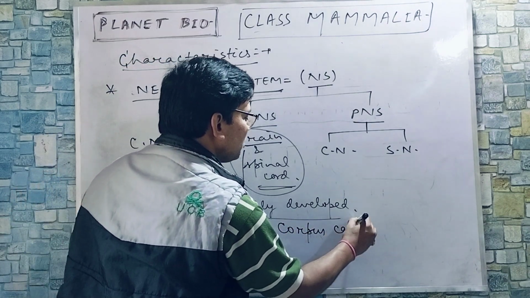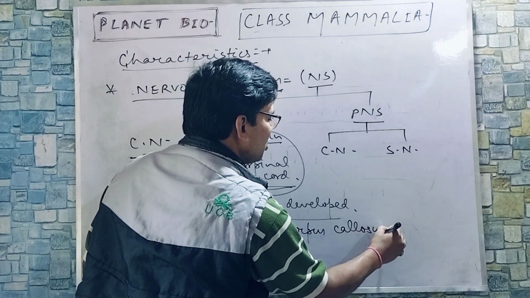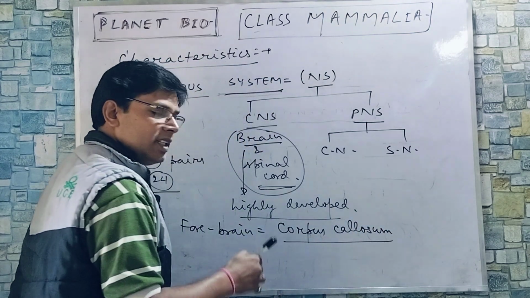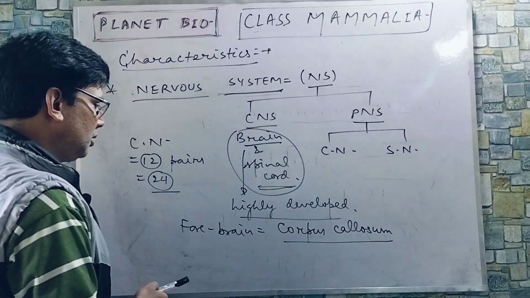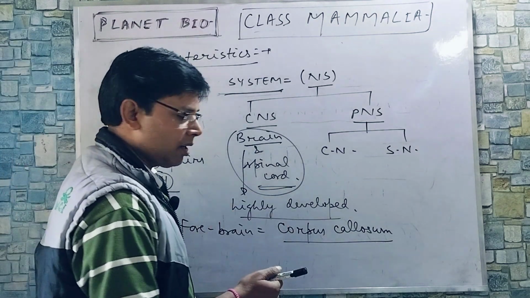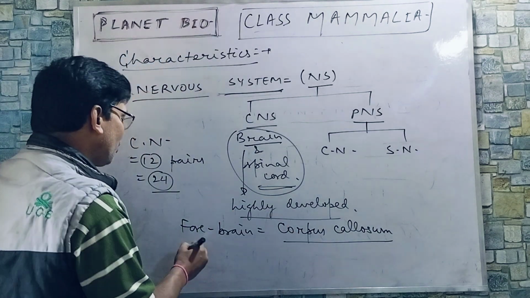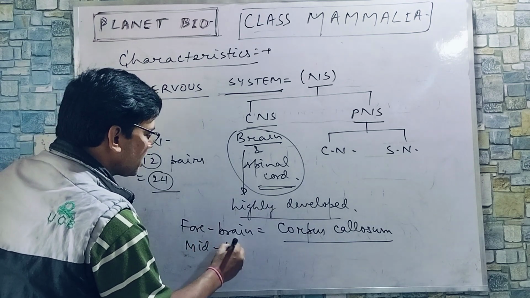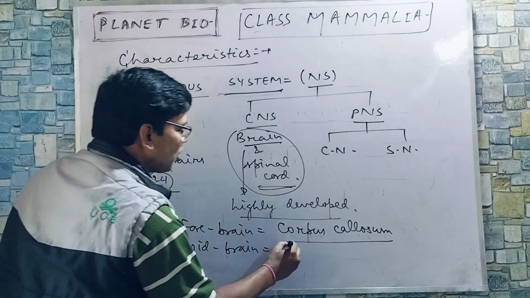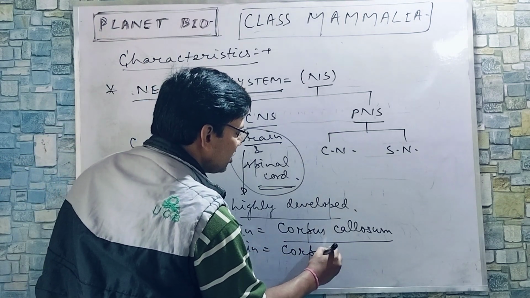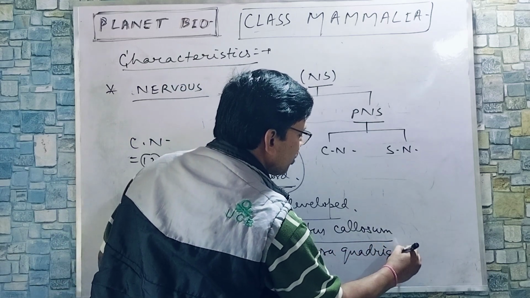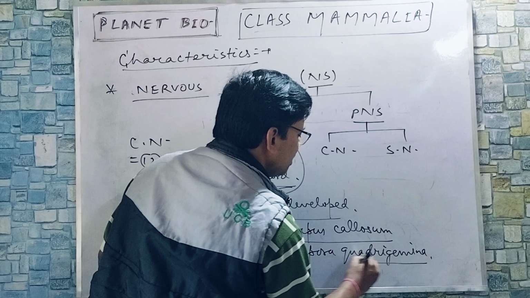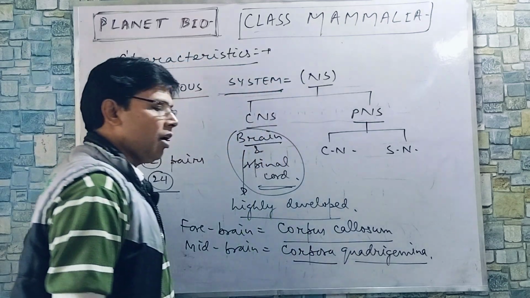Corpus callosum is actually a transverse band of myelinated nerve fibers, or medullated nerve fibers, with myelin, which is made up of lipids and has an insulatory function. Midbrain has corpora quadrigemina. 4 lobes are there. Corpora quadrigemina: 2 for visual, 2 for auditory